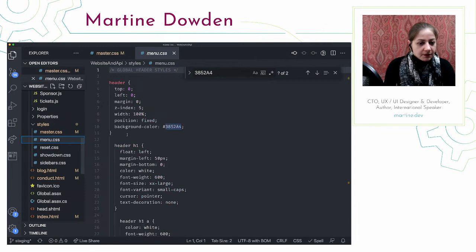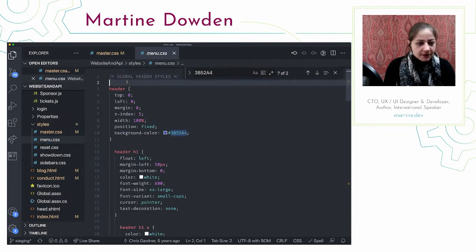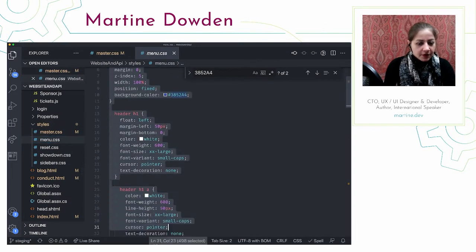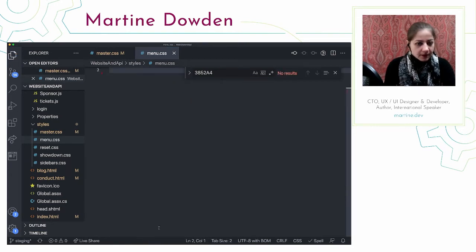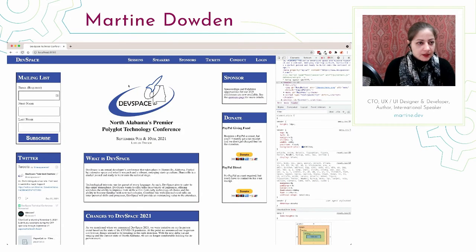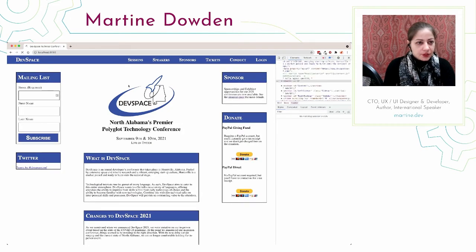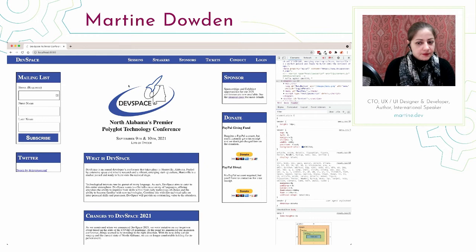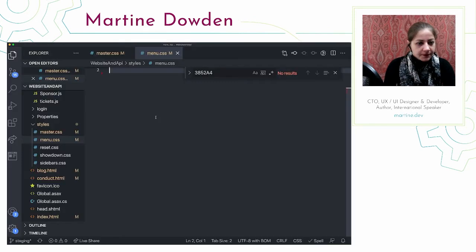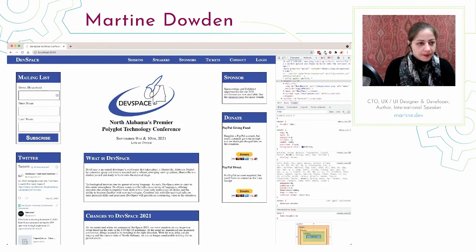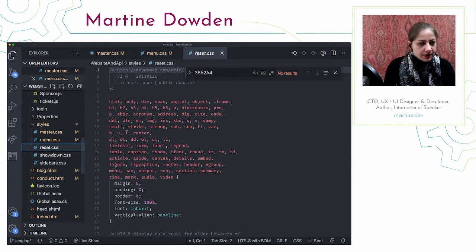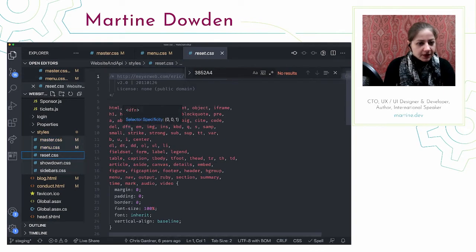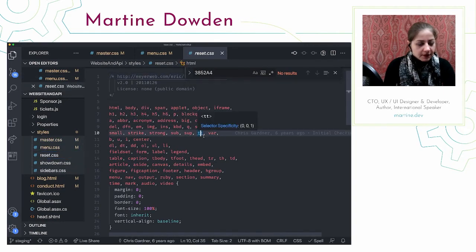We have some menu styles, so I'm going to do the same thing for their menus. They're going to go bye-bye. Now let's see where we're getting at. Should be getting rid of some styles here real soon. Oops, still not. It's really interesting. Okay. Reset CSS. I'm not a big fan of those, so we're going to go ahead and get rid of all of that.